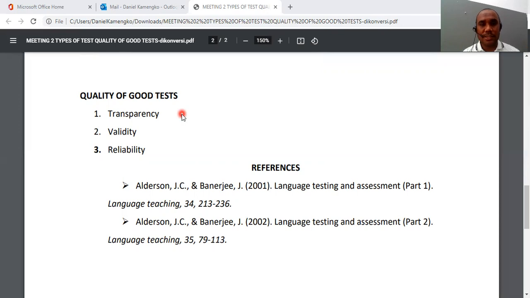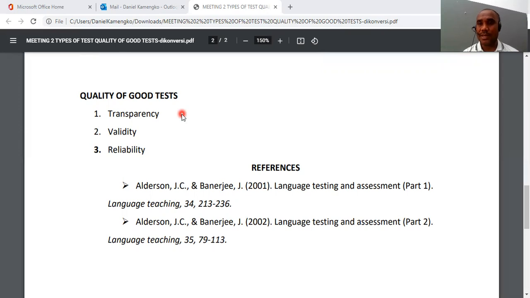It should be related to the lesson, the topics that you have taught them before, and then it will be valid. It's not valid if you teach different topics and you give different tests. It's not really valid.